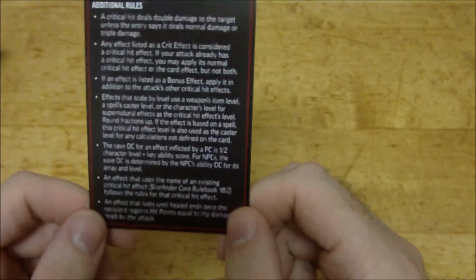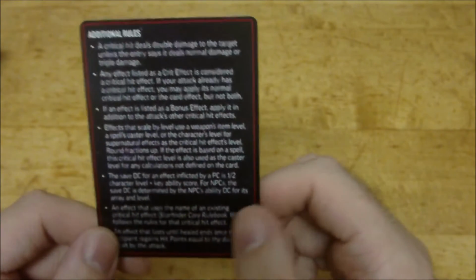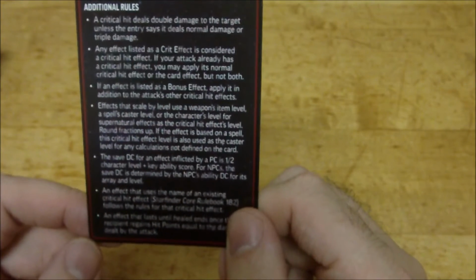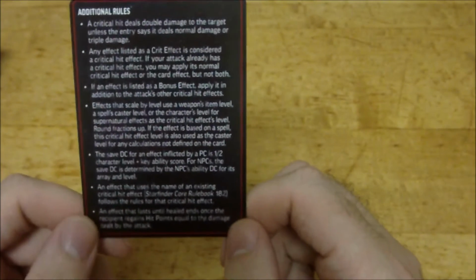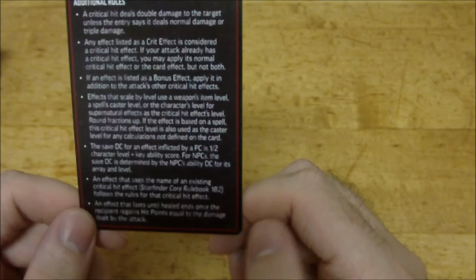Typically you round down for most things in these types of role-playing games, but in this case you actually round up if the effect is based on a spell. This critical hit effect level is also used as the caster level for any calculations not defined on the card. The save DC for an effect inflicted by a PC is 1/2 the character level plus the key ability score,